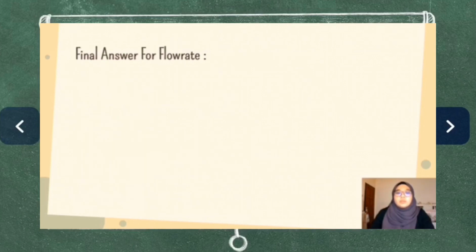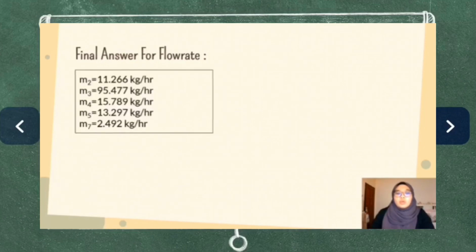So for the final answer for flow rates, M2 equals 11.266 kg per hour, M3 equals 95.477 kg per hour, M4 equals 15.789 kg per hour, M5 equals 13.297 kg per hour, and M7 equals